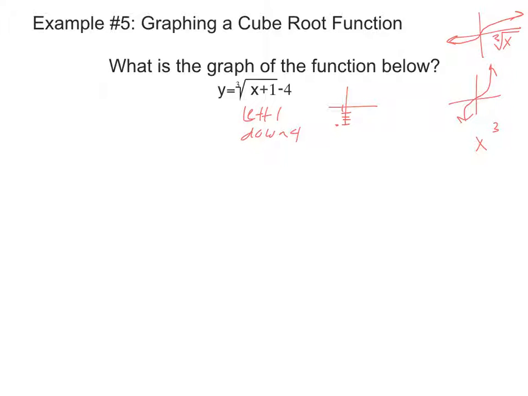So we need to choose x values that are on this one, because you notice that they go on both sides. We should choose 2 on the left and 2 on the right of the value surrounding, which is -1. So as my x and my y, I'm going to choose -3, -2, -1, 0, 1. If I substitute in -3, it's not going to be a nice one. Here we go. That would be the cube root of -3 plus 1, which is -2, and then -4 is about